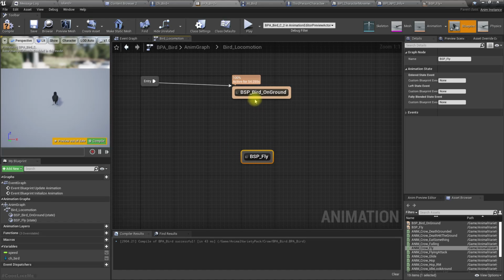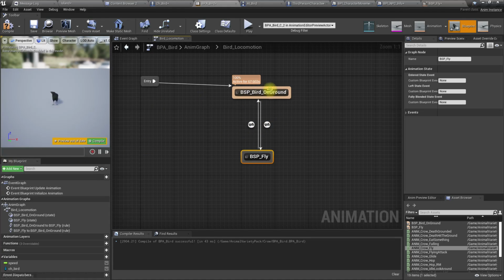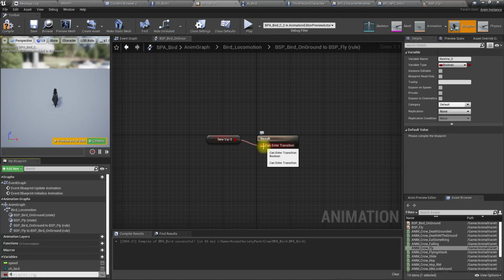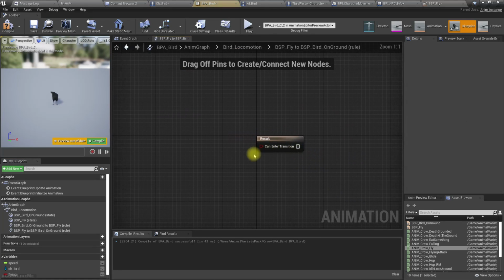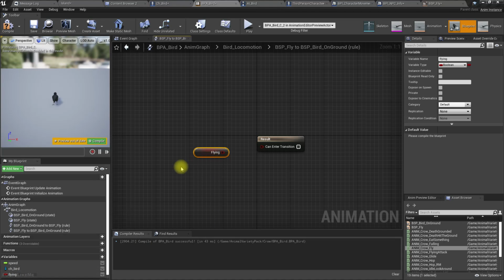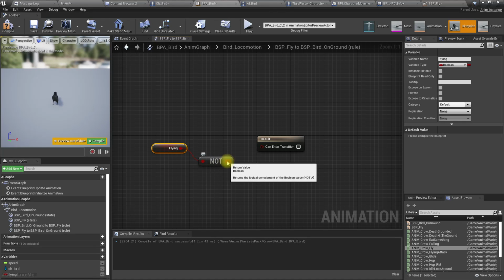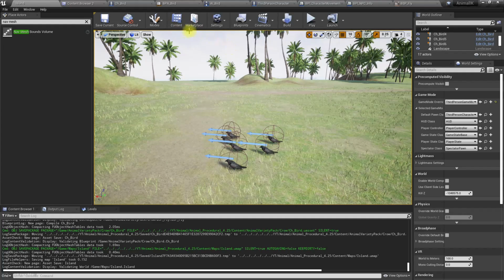So here let's add a transition like this. Here let's promote this to a variable fly, and it should go back if flying is false. Right, now